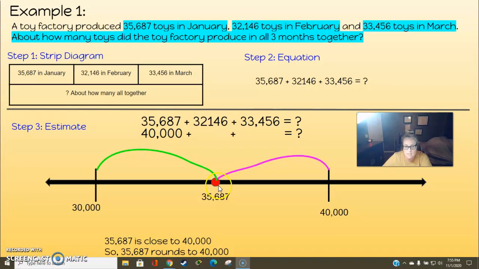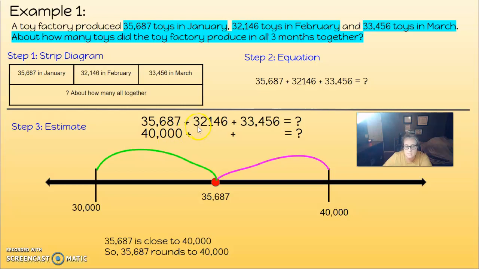And remember last week we learned that if it's in the middle or close to being in the middle, it's always going to go to the bigger number. So again, I wrote down my answer right here. So 35,687 is going to be closer to 40,000. So now I'm going to do the same thing for